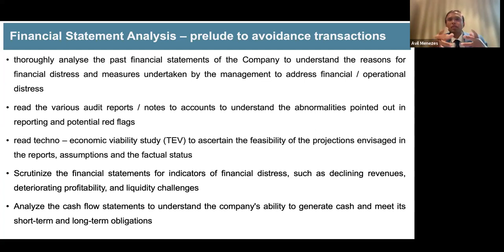Those 3 months are going to accrue as CIRP cost, whether it was the mistake of the RP. I'm not saying mistake, maybe it was the judgment of the RP, which the COC did not appreciate, which is fine. But those payments will have to be made. They will have to be taken as CIRP cost. As an RP, you'll have to put your foot down saying that this would be CIRP cost. This is not the domain of the COC.